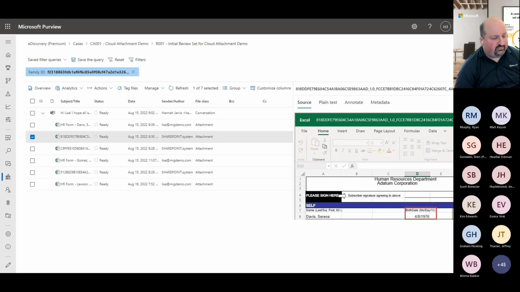Now let's see what that looks like. If you don't remember, we had an issue with Serena's birth date: she wasn't born in 1976, she was born in 1967. We've highlighted the incorrect date over here in the version that was shared. You can see that this is the version that was initially shared by Lisa. And on our next slide,